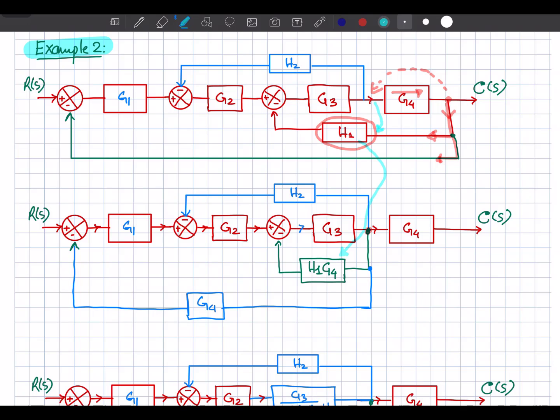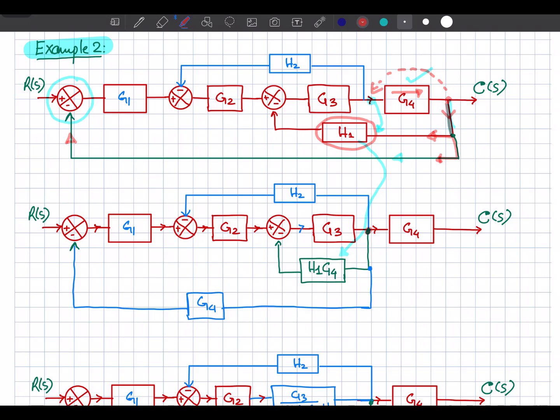Here you can see the transfer function is updated to H1 into G4, where G4 is this gain. Okay, and whatever was the signal over here was being fed to this summing node. But when we are moving this branch to this position, we will have to ensure that the signal over here